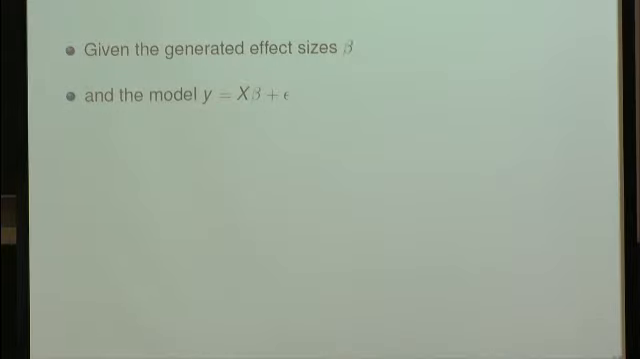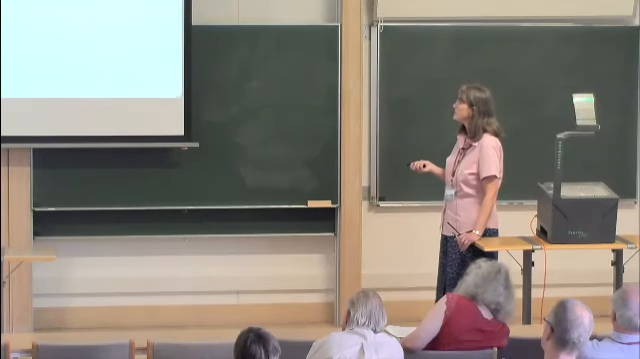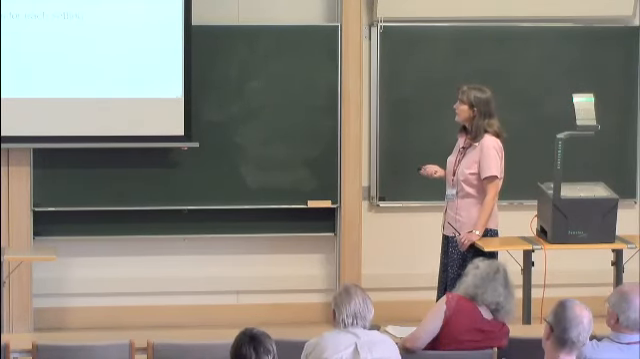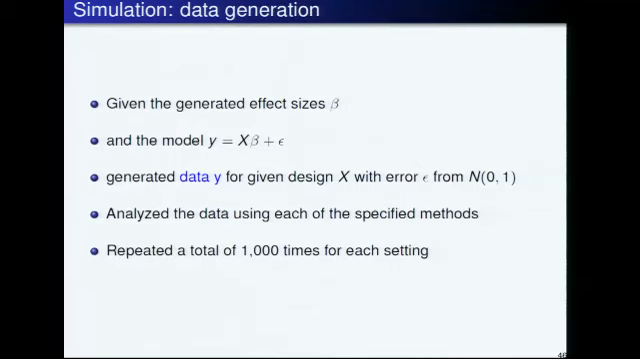Okay, and then given we now have the effects, which ones are active, what the effect sizes are, we have the design that gives us the X, the model, and we generate the random error from a distribution. And then we analyze the data using each of the methods, and we did this 1,000 times for every possible combination